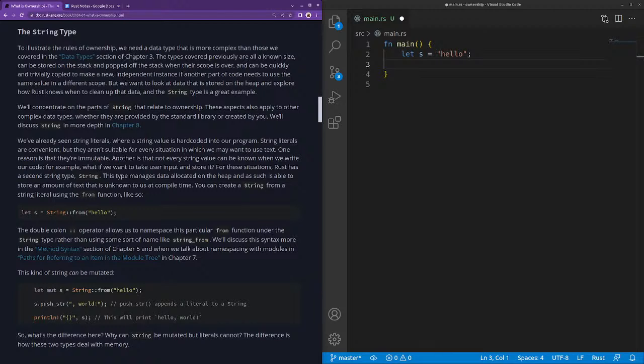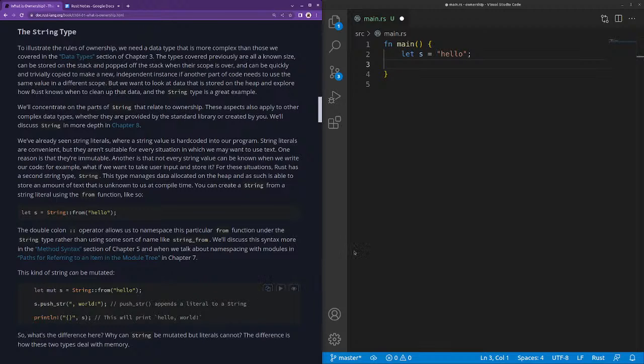To illustrate the rules of ownership, we need a data type that is more complex. The types we've previously seen have a known size, can be stored on the stack, can pop off the stack when their scope is over,